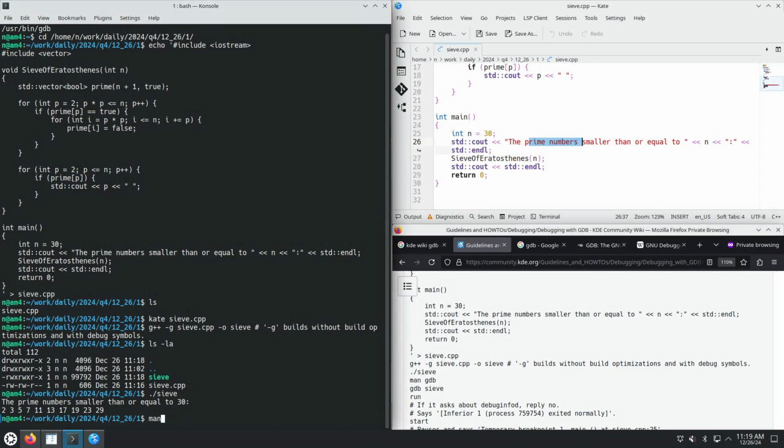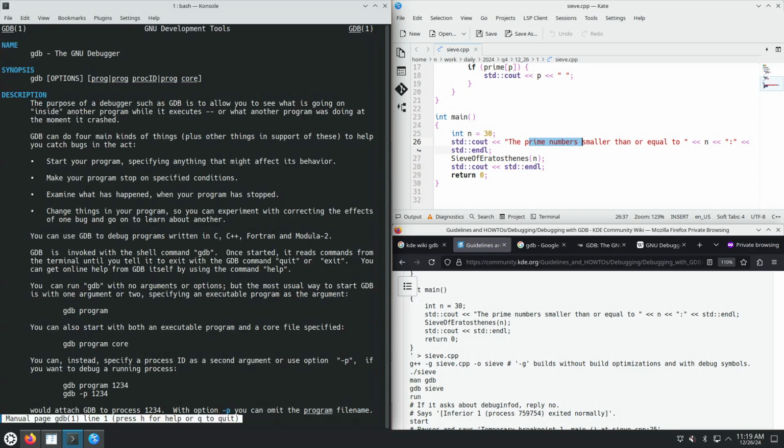Okay, let's look a bit at the documentation for GDB. There's a man page. GDB has two parts. One, a command line specification, which allows you to start the debugger. So you can specify the process ID to which it needs to connect. You can specify a core dump file and it will try to use that. Or you can specify the program to start, or you can specify 0 parameters, and then